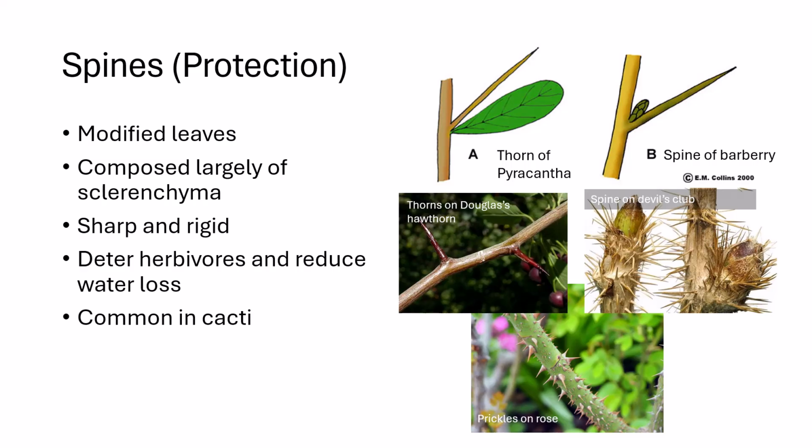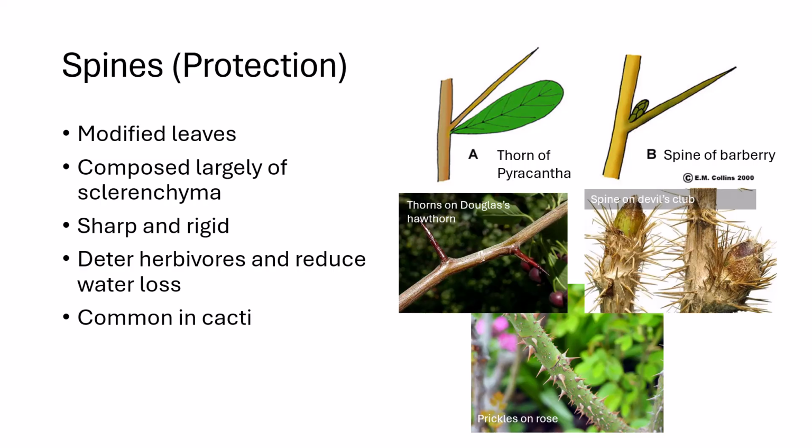They are composed mainly of thick-walled sclerenchyma cells, making them tough and sharp. Spines protect plants from herbivores and also reduce water loss by decreasing surface area and creating shade around the stem. In cacti, spines arise from the same position as normal leaves and have an axillary bud at their base, confirming their leaf origin. There are other pokey parts that come from different parts of the plant. A prickle is a sharp outgrowth from the epidermis or bark, and a thorn is a stiff, woody, modified stem